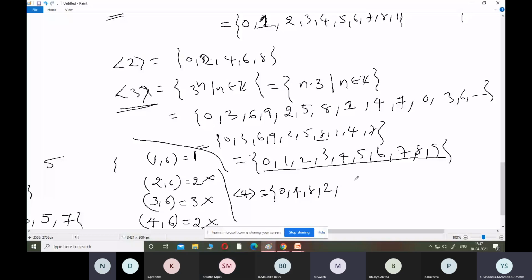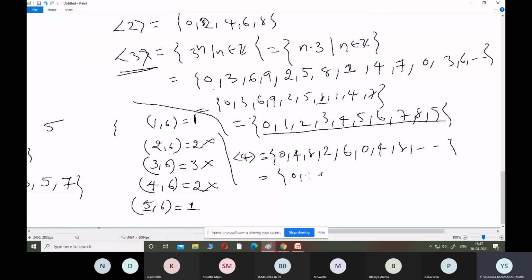6, 6, 6. Okay. 0, 0. Next, 4, 4, 8, 8, and so on. It is repeating. Okay. So the only elements of the cyclic group of 4 are 0 and 4. If I write them in proper order, the only elements I'm getting are